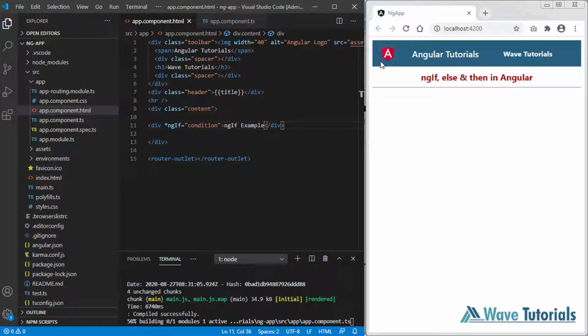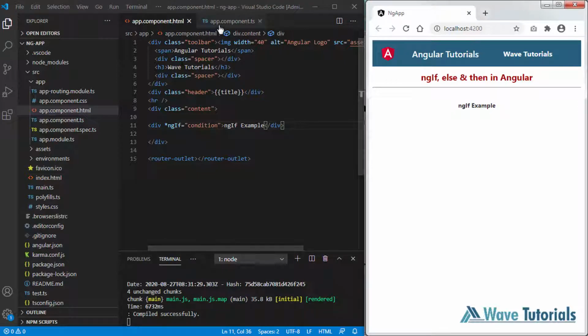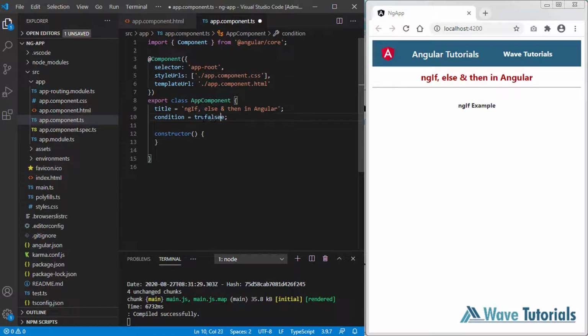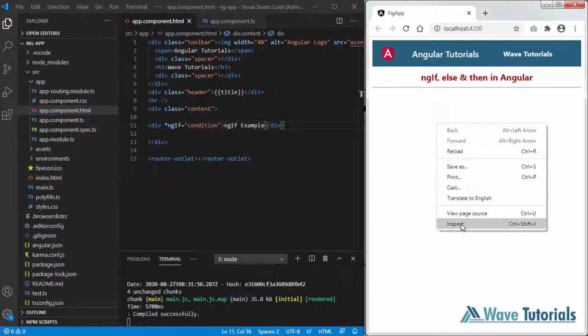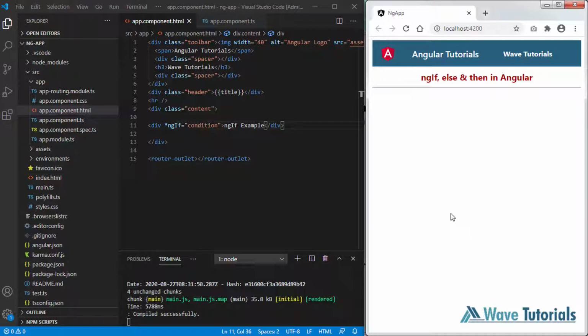Now let's save it. And you can see the text is showing on this DOM. So if I make it false, then this text will actually be removed from the DOM, and it's not simply a show or hide, it's actually removed from it. So let me show this to you as well, like let's open inspect element,